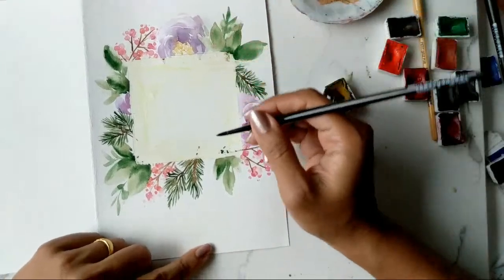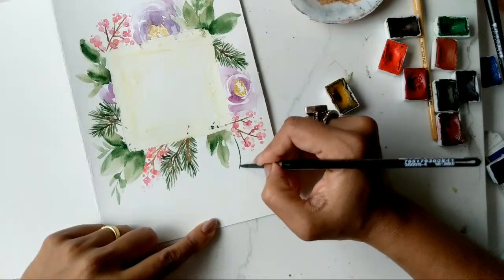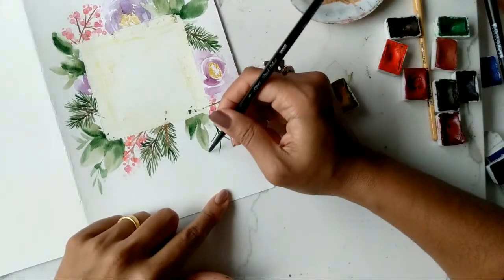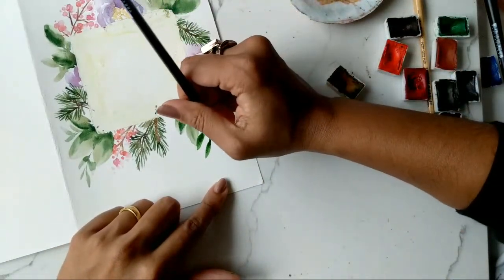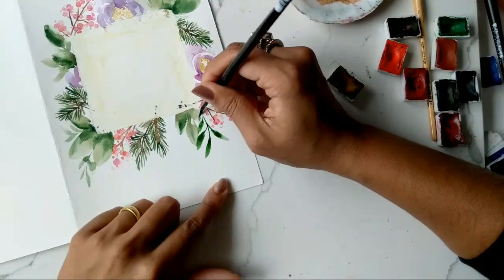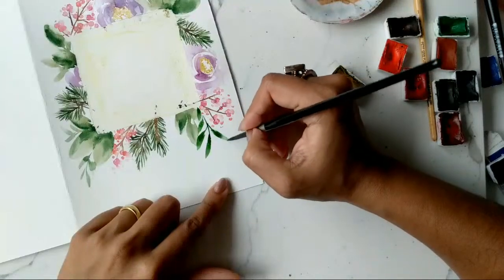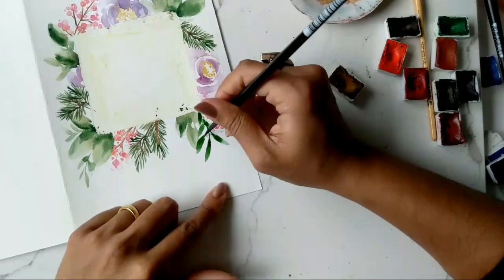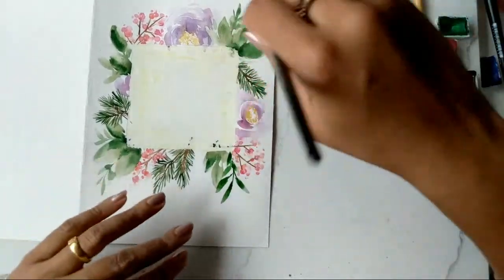All right, so I got some of the color on here, and I'm just going to create a couple of strokes like this, and we're going to kind of repeat them all over. So it looks like that, and then we're just adding down our leaves. So I like to create the stems first, and then it gives us direction. You can also kind of mimic these to look like mistletoe. I know mistletoe is a lot more curved at the end, and this looks more like rosemary, but make the change if that's what you prefer in your painting. I'm just kind of going to go with the flow and add these in different areas to kind of give it that nice thin